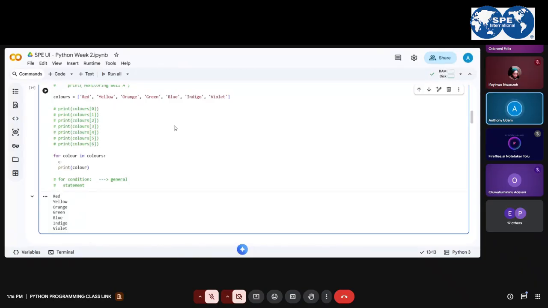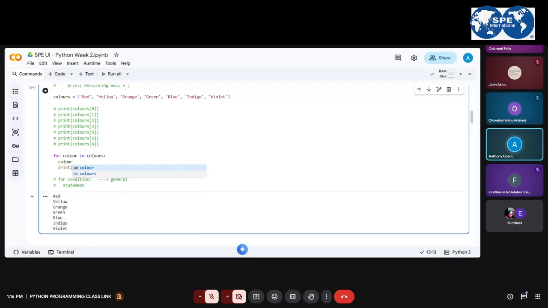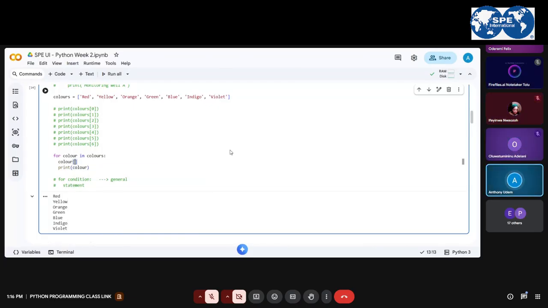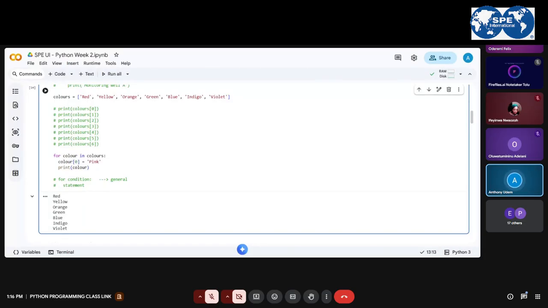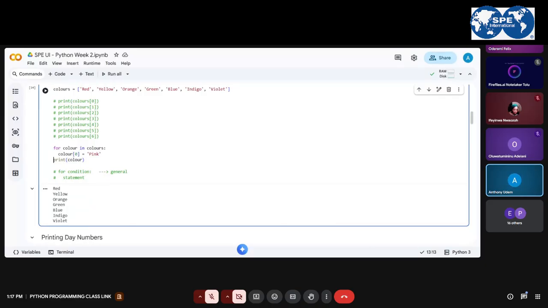Let me just write something that for now you don't know what it's about, but let me just write color, then 0 should be equal to pink. So I want to change this red to pink. For now, you don't really know what that means, but let me just do that. Then if I should print this,